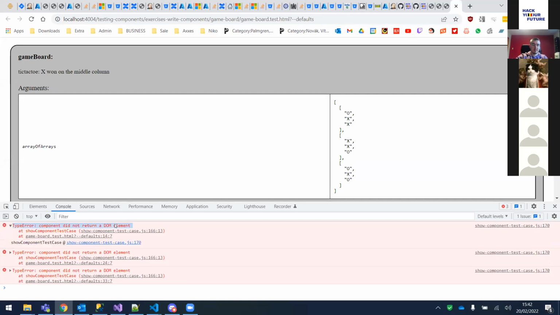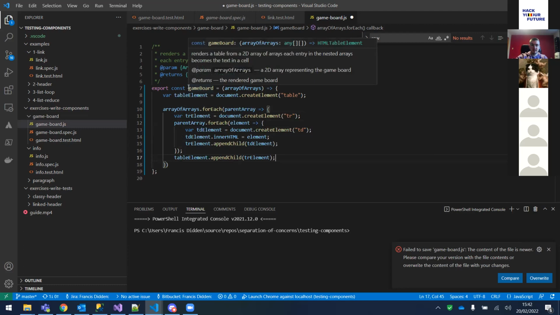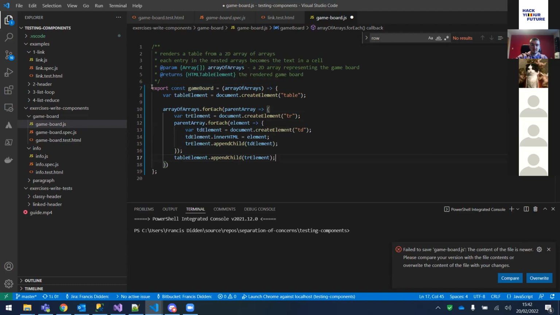Ah, yeah, of course. It did not return a DOM element. As you can see, the function is just being called and it's creating all this stuff on the DOM. But for the test, we also need to return this. At the top, you see it returns the HTML table element. So if we then return the table elements,